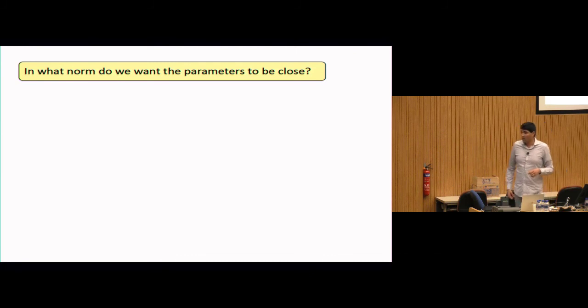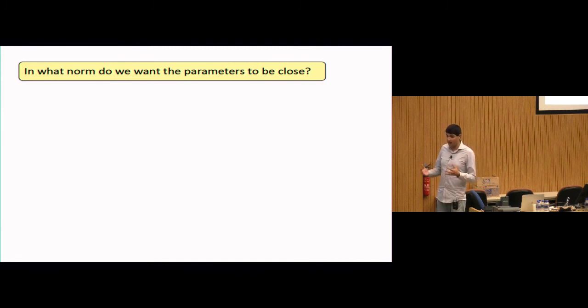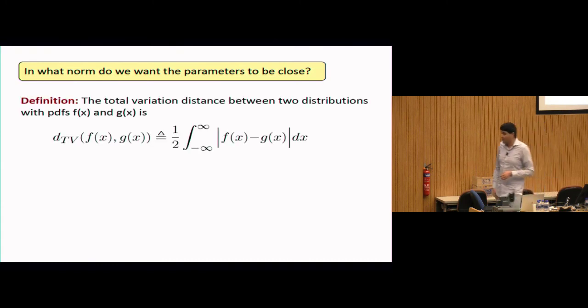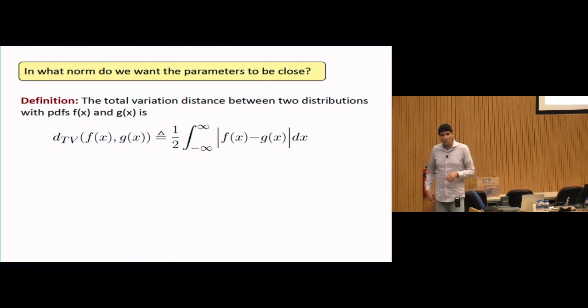So now the only thing I need to do to make this problem precise, about robust one-dimensional estimation, is this: now that I've told you how we constrain the noise that we allow our adversary to add, the next question is, in what norm do we want our parameters to be close? Now, the truth is, in one dimension, it doesn't matter so much how you define closeness in parameters, but in high dimensions, it's going to matter a lot, and I'll emphasize that later. But here's a very natural way: you can think about what the adversary has done to your distribution as also being with respect to a particular norm.